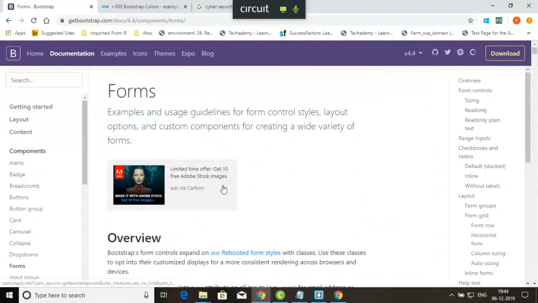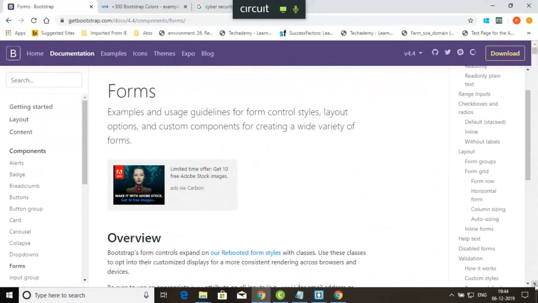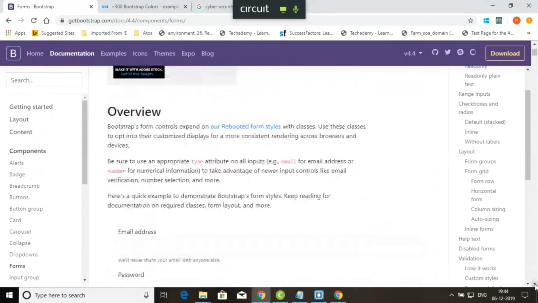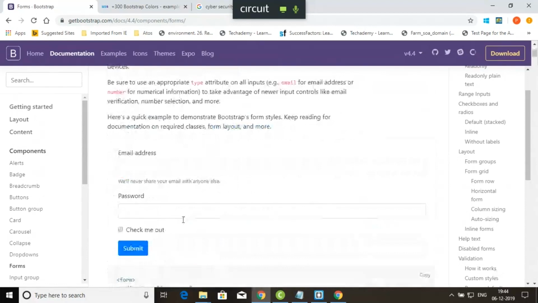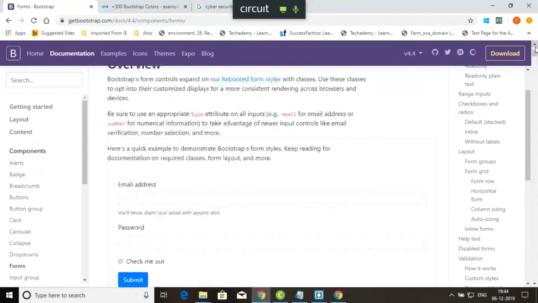Bootstrap form, a layout option with custom components for creating a variety of forms. If you see this, it will give a user interface like this. You can give your email ID and password, and you click login, right? So if you see here, Bootstrap form controls expand on our rebooted form styles with classes. Use these classes to